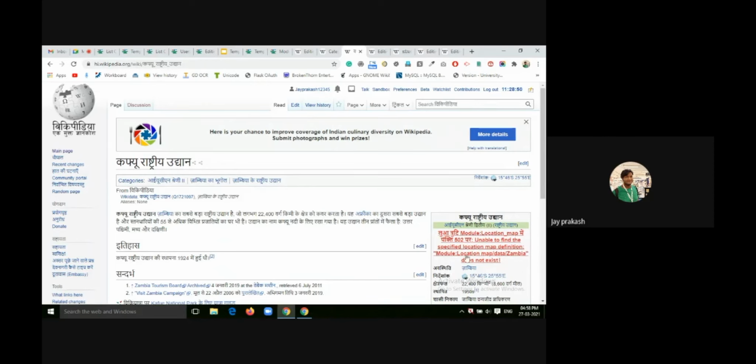It means that module is not present on Hindi Wikipedia. You can go to your wiki, see these kinds of errors and try to solve them. It will be very helpful for your community and for the entire Wikimedia.